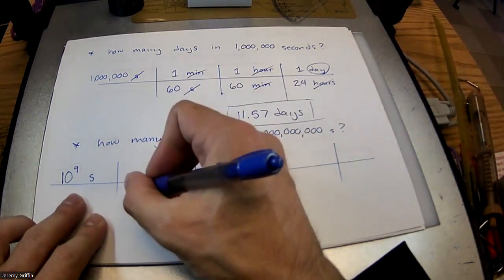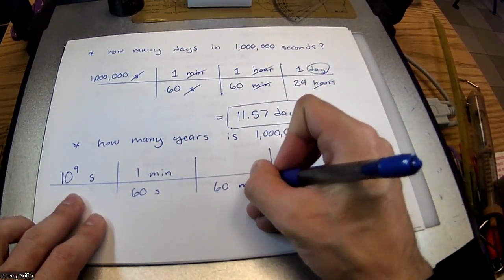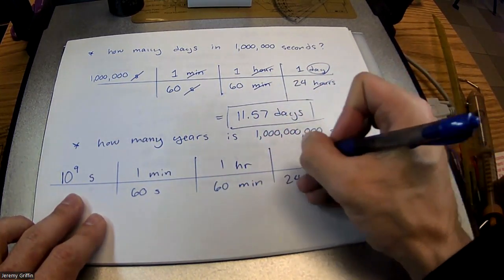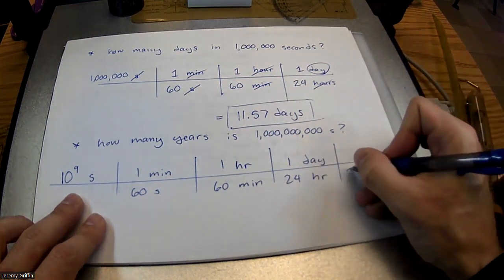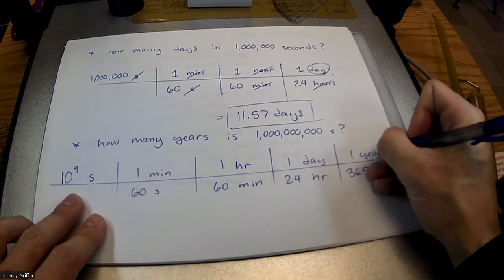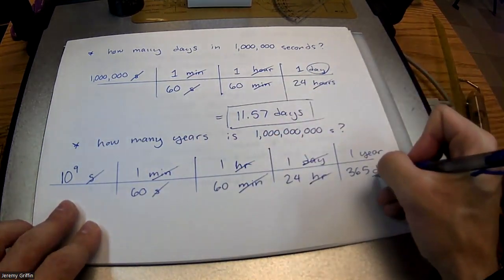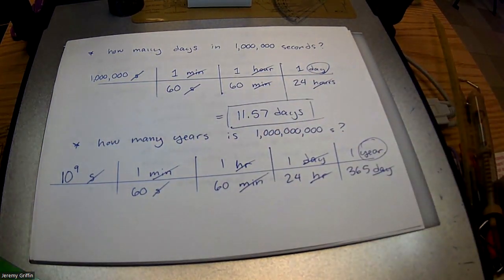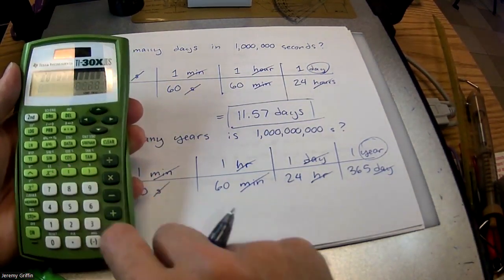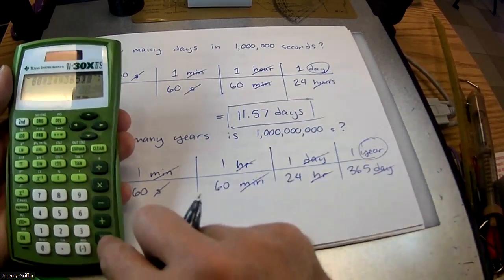Let's do this. There is 60 seconds in 1 minute. 60 minutes is equivalent to 1 hour. 24 hours in 1 day. And then about 365 days in a year. Sure, 366 days. So seconds, minutes, hours, days. The only unit left on the board is years, so this describes some number of years. Let's see how this works in the calculator. So a billion seconds divided by 60 by 60 by 24 by 365. That is indeed